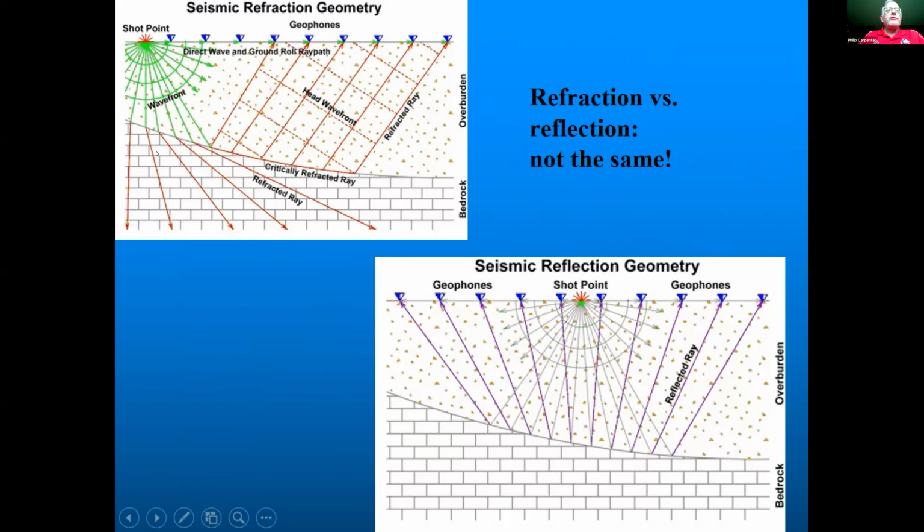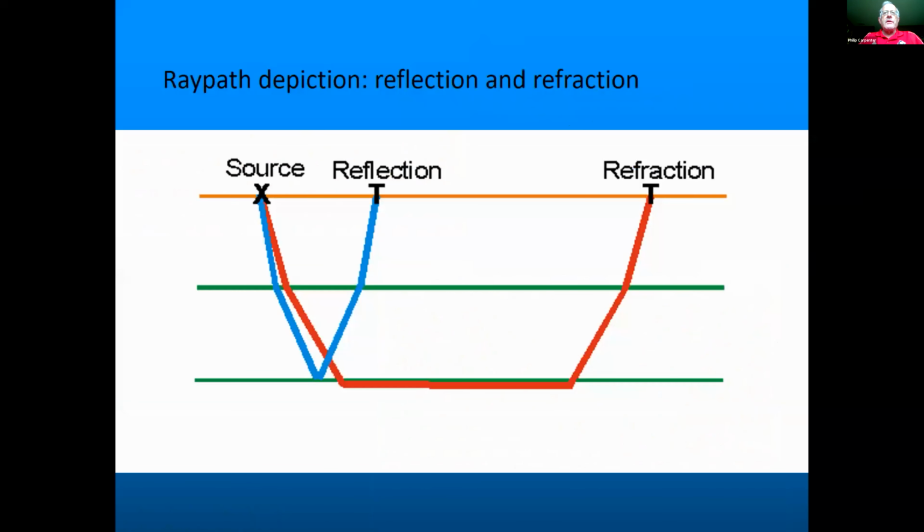But seismic refraction involves a shot point here, and then you have waves that refract upwards. Seismic reflection involves just reflection of waves. Typically, okay, so this is a good example of that. Seismic reflection, the waves go straight down and bounce back up. Refraction, they actually refract along this boundary down here. And they generate other waves that come back up the surface. So the refraction is the method that we're using.